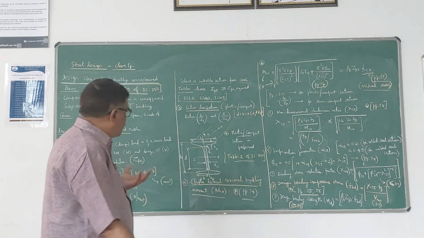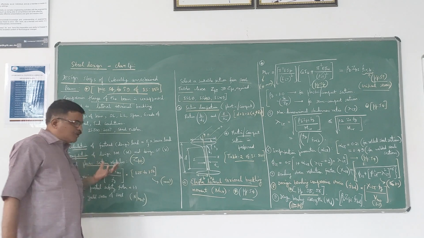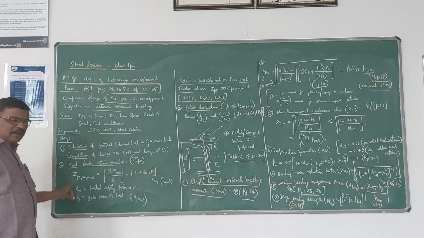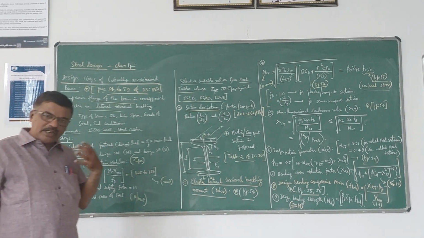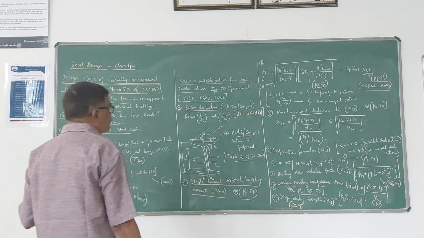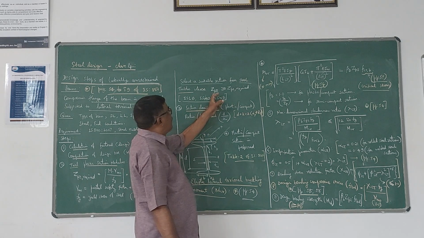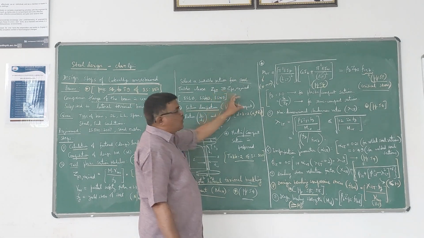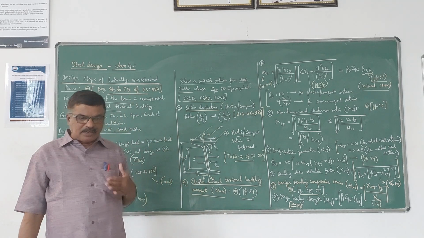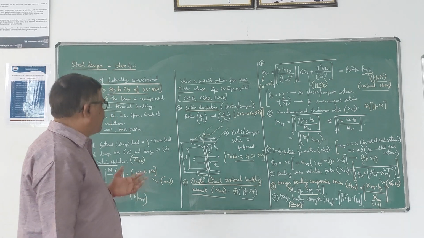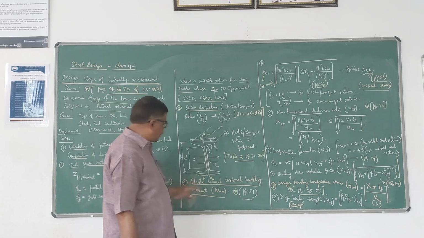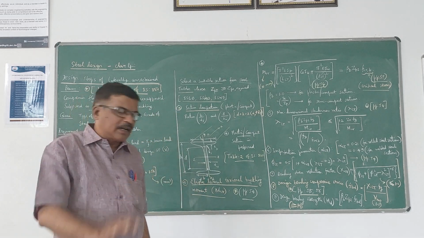So initially we have to calculate the maximum bending moment and maximum shear force, and you have to assume a trial section by calculating the ZPZ required value. You have to choose a trial section in such a way that the ZPZ you are going to provide should be greater than or equal to ZPZ required. Then check the section for plastic, compact or semi-compact by taking these ratios and using table 2 of the IS 800 code, which I had explained in the earlier lecture also.